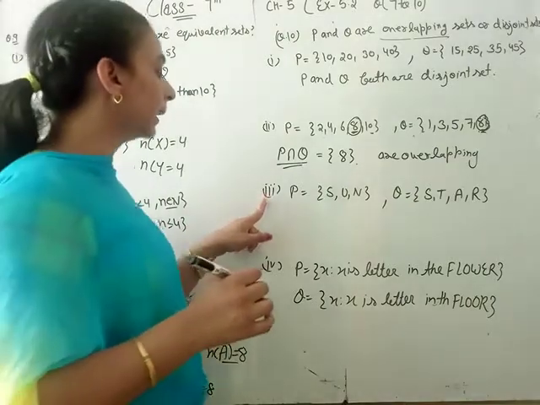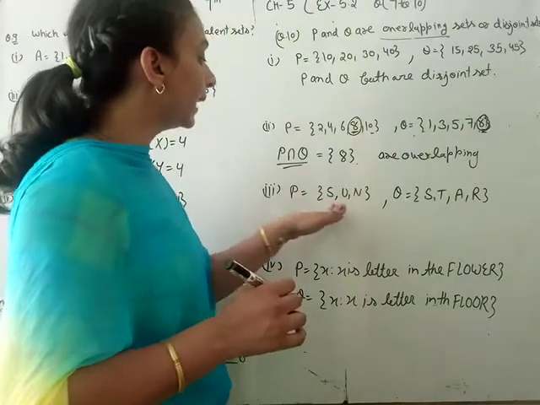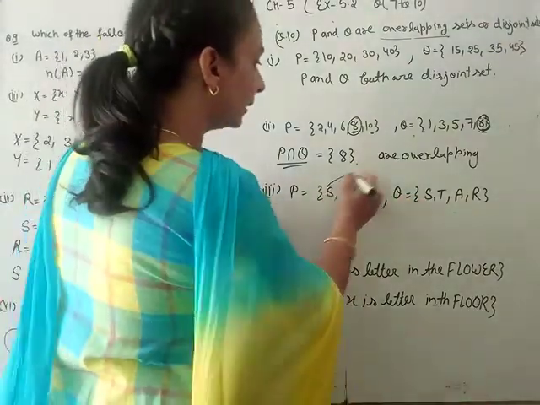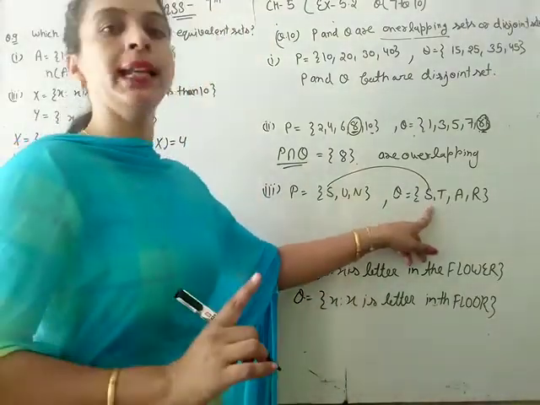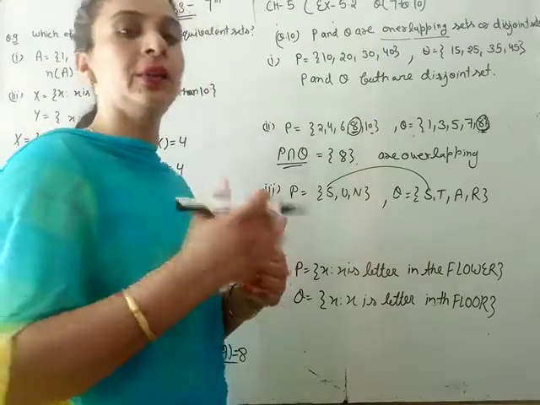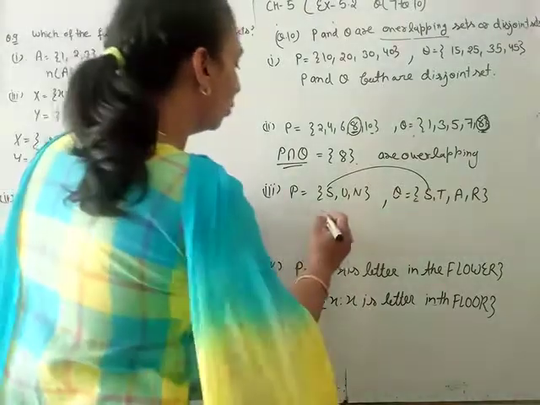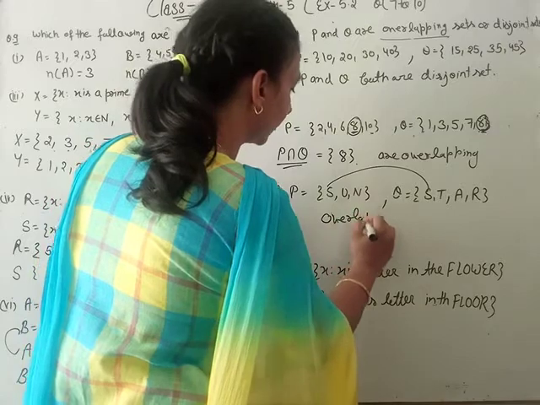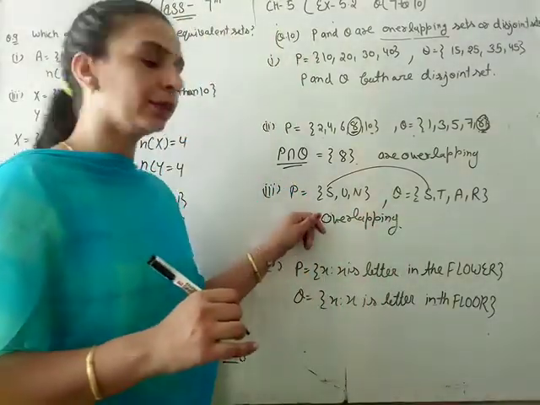Next, third part, SUN. In set P, there is SUN; these are the elements. Q is STAR. Students, S is common. Okay, if S is common, at least one element is common; one common element is necessary, and if there are more than one it is still overlapping. Then there is one element common, so these are overlapping. Okay, P and Q are overlapping because there is one element common.